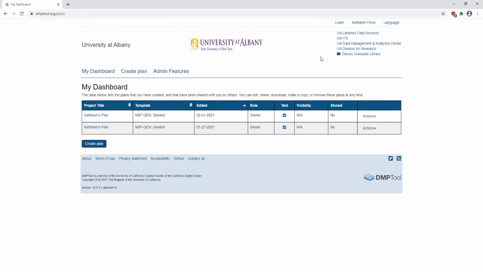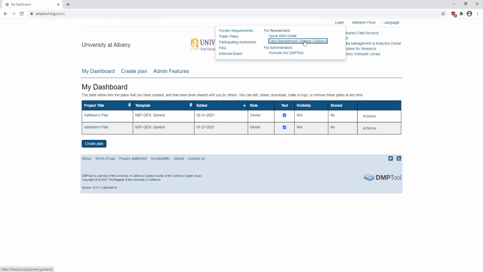At the top of the page, there are relevant UAlbany links, such as the library's Data Services page, ITS, DMAC, or the Data Management and Analytics Center, and the Division for Research. Under Learn, you can view FAQs, general guidance on data management plans, funder requirements, and plans that have been shared